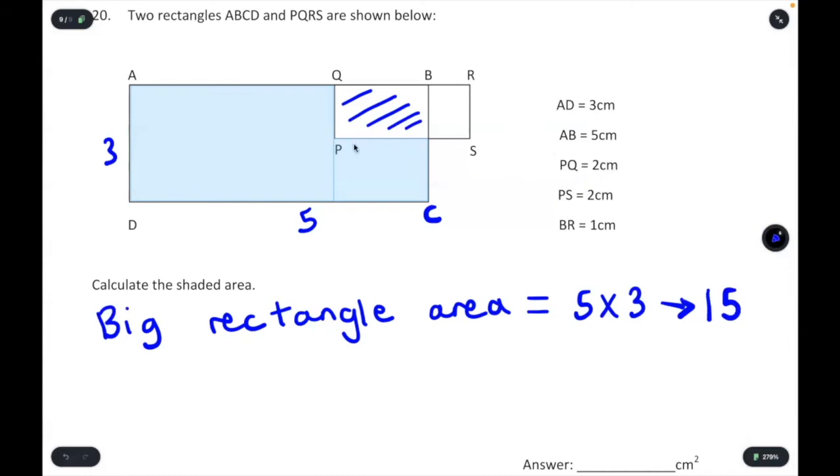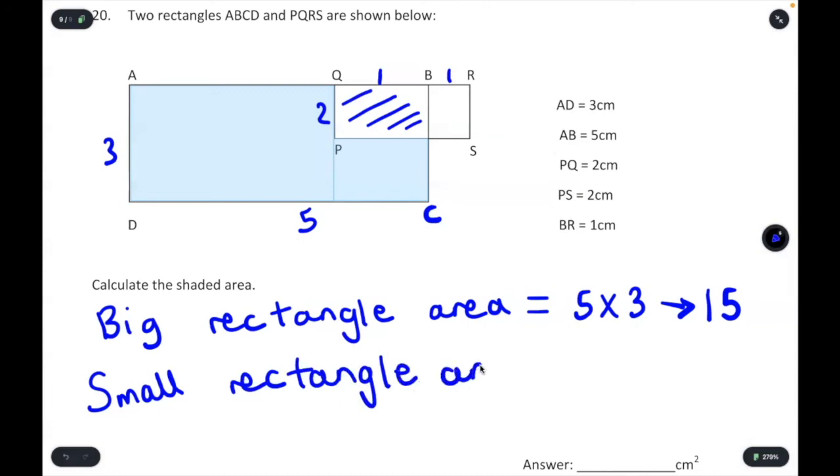PQ, we are told, is 2 centimeters, so this is 2. PS is 2 centimeters, which means QR is also 2 centimeters. And within QR, which is 2 centimeters, BR is 1 centimeter. It's not to scale, remember, so this is 1, and this is also 1. Now that gives us the answer as to what this little rectangle area should be, because we've got the dimensions of 1 and 2. So small rectangle area equals 1 times 2,